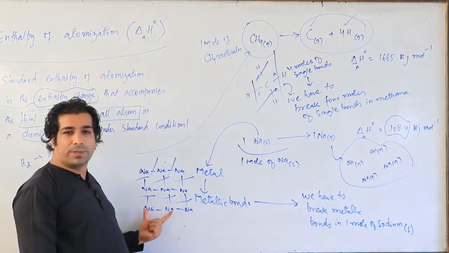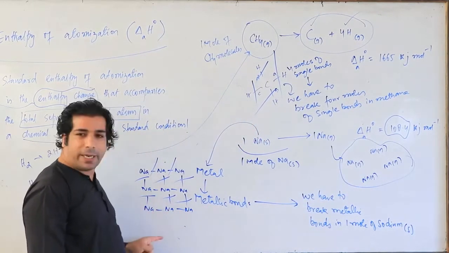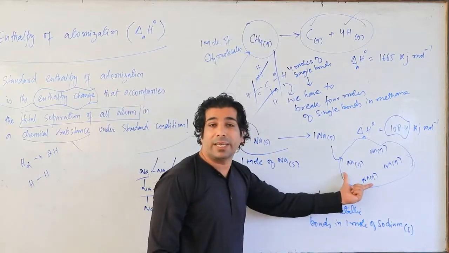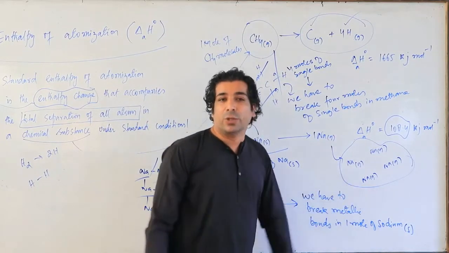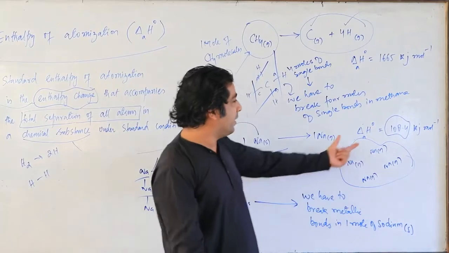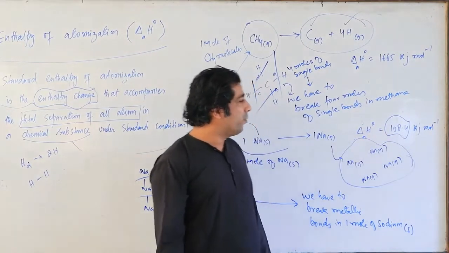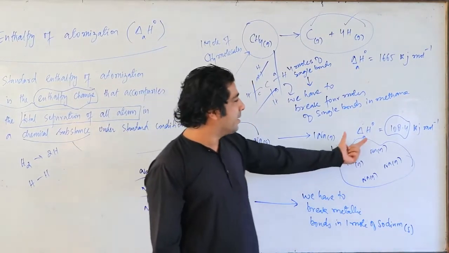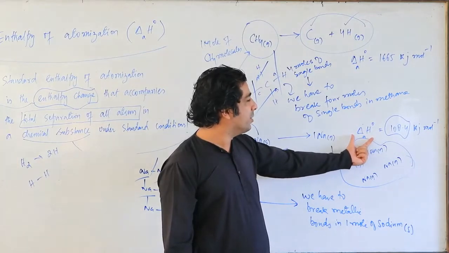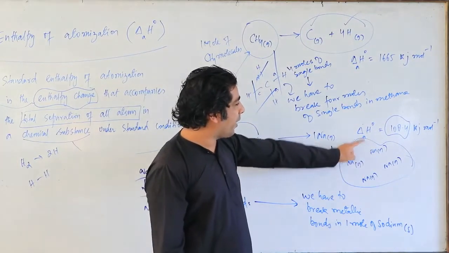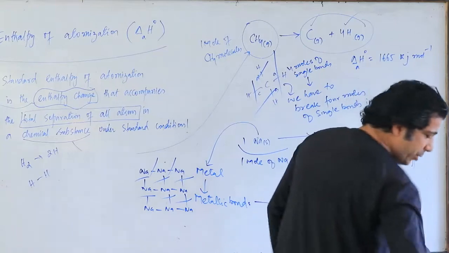In which form? Solid form. You have broken all the metallic bonds. Now you got the sodium in the gaseous state, my dear friends. So overall, I must tell you how much energy is required here: 108.4 kilojoules. And this is the standard enthalpy of atomization, which can be related to